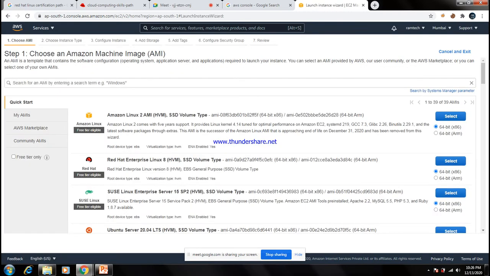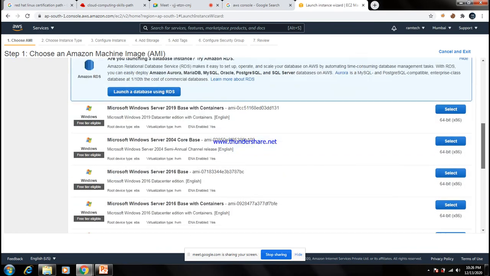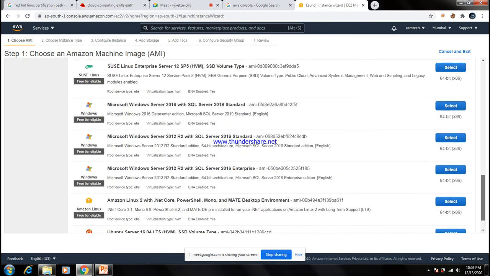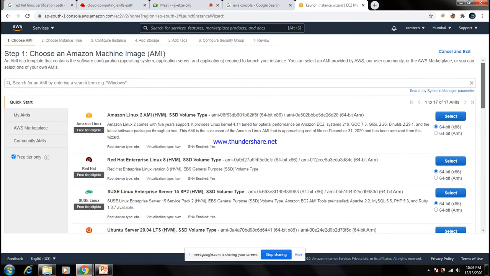Okay, so go to the free tier eligible. We are only eligible for the free tier because we are not using the community editions. If we are using only the free tier eligible, you have n number of services and n number of operating systems available here. All these operating systems become free.